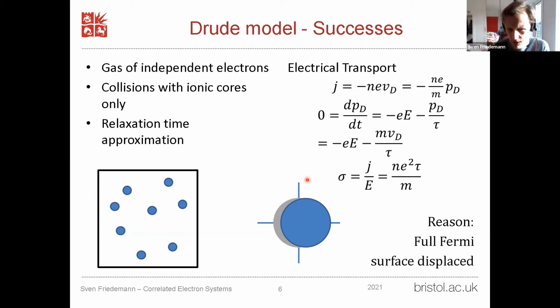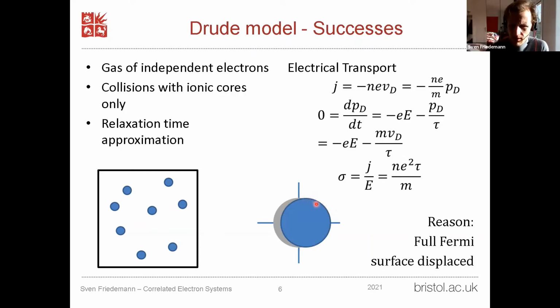So I assume that you all know that the Fermi surface marks the cutoff in energy or momentum, actually in momentum, up to which electronic states are occupied and above which they are unoccupied. Now, the reason that this conductivity formula is correct, even once we start taking into account the Fermi surface, namely the Fermi-Dirac statistics, is that whenever you apply an electric field, you displace the whole of the complete